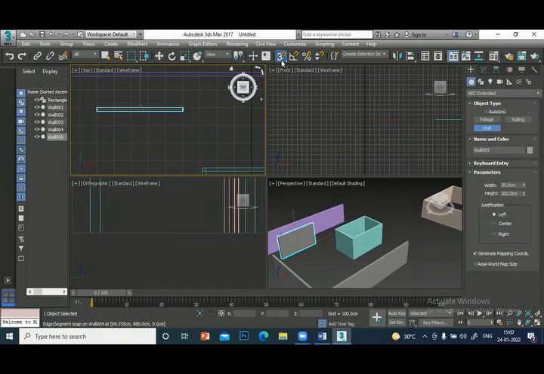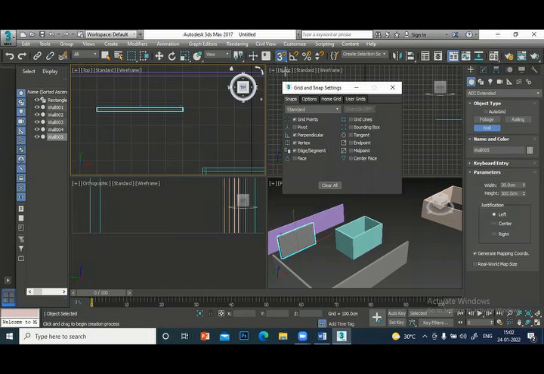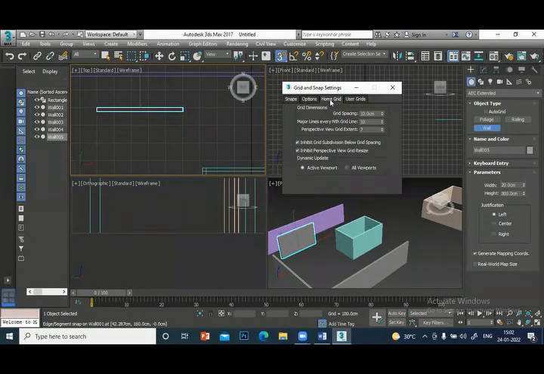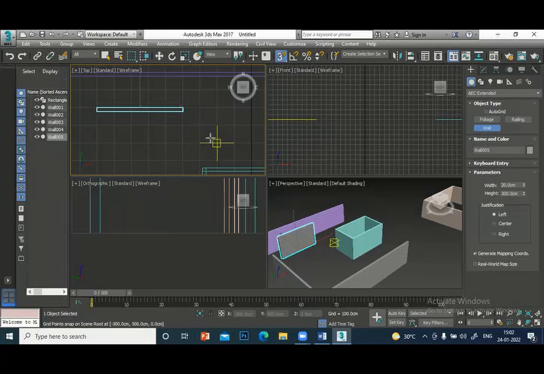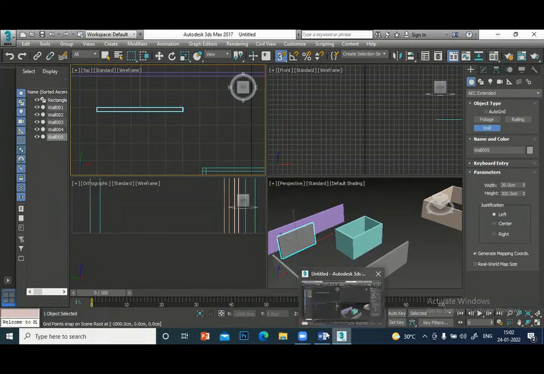How will you do that? Right click, click the grid points on here, so you'll see the grid line. Go to home, grid, select here the spacing. You can change the spacing if you want. Suppose this two gap you want 50 centimeter, then you make it 50, so every 50 it will show. Now it is 10 centimeter, 10 centimeter, 10 centimeter. So you can use grid and snap.